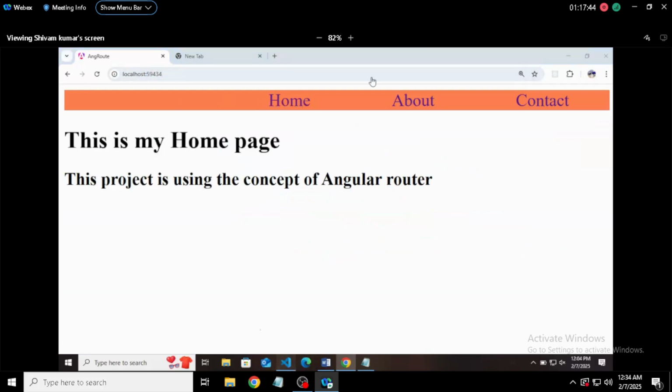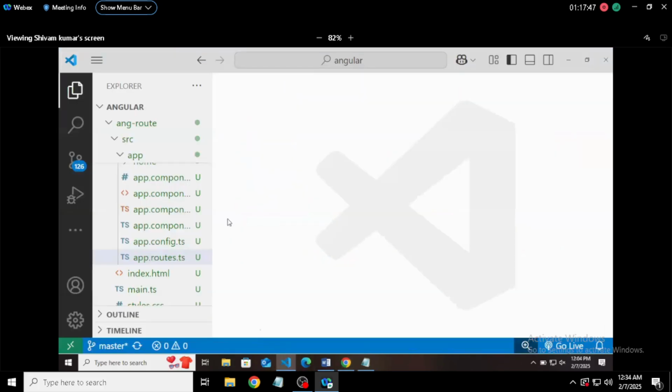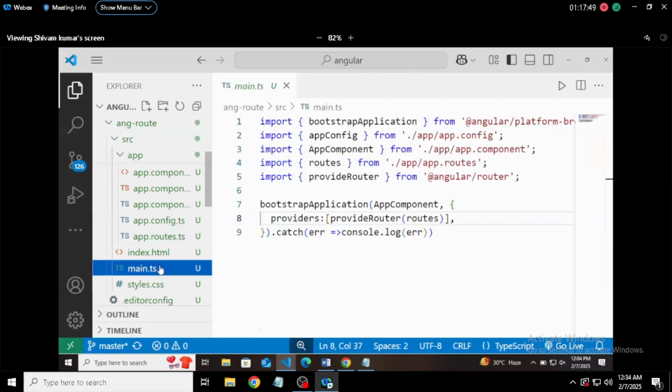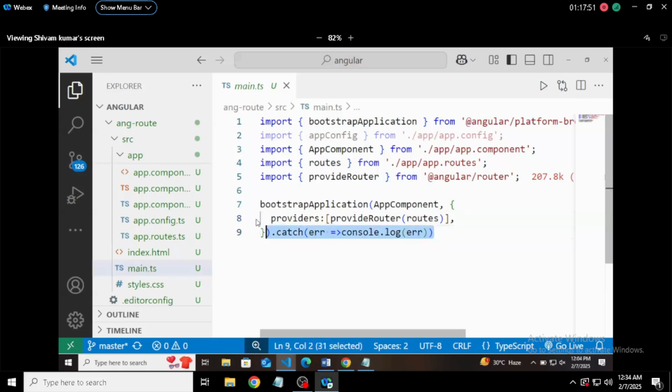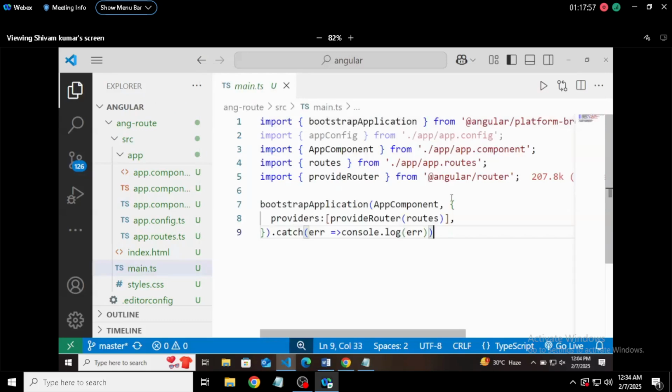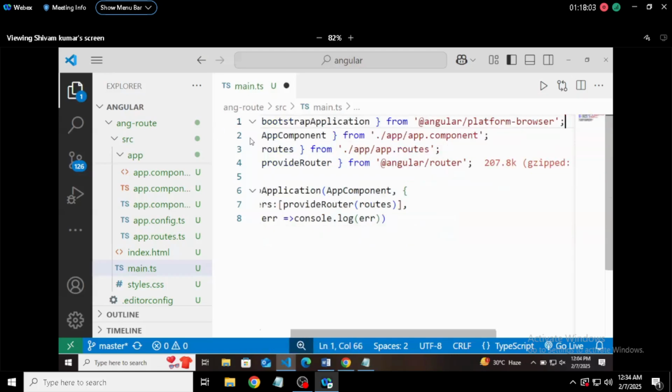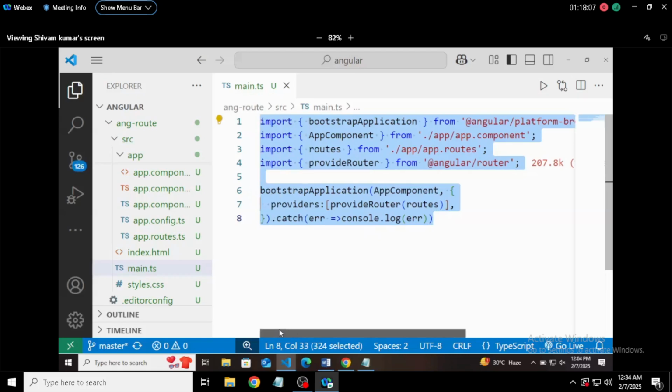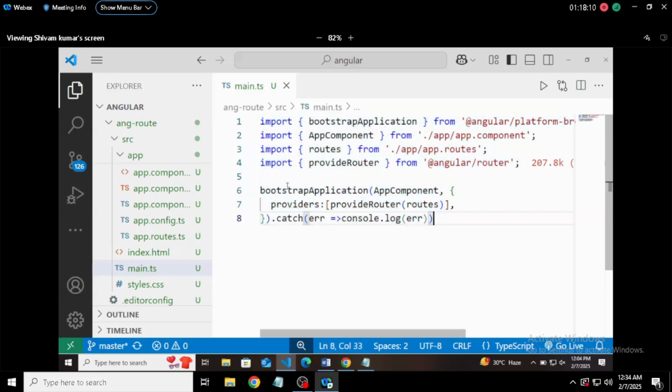After defining the path, close the path file and go to your main.ts. This is the code that you need to check there. It will have bootstrapApplication with app component. After that, there will be something as app config. You need to remove that app config, and you need to change the file so that you are bootstrapping the